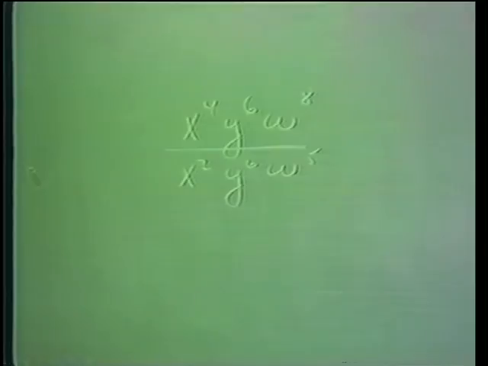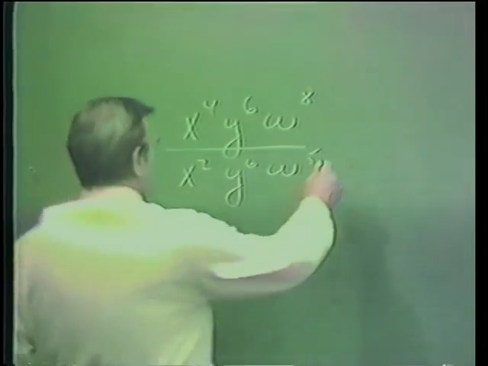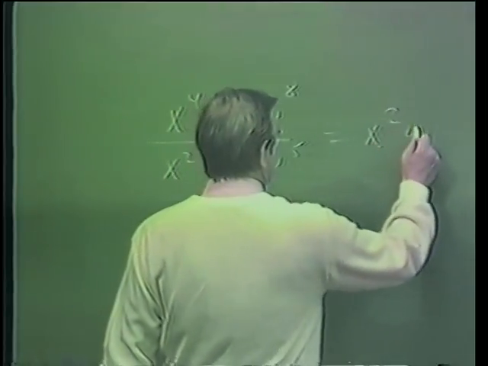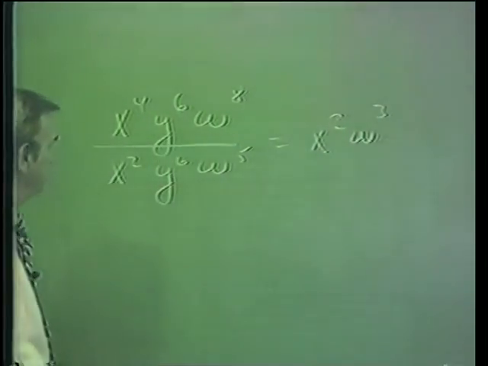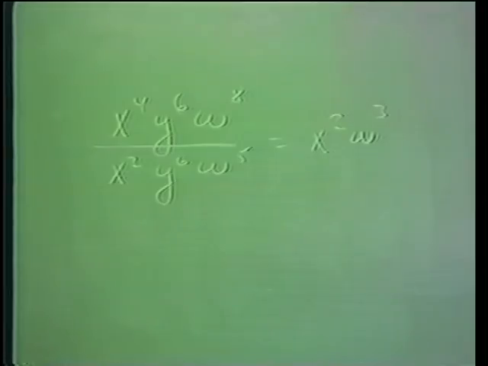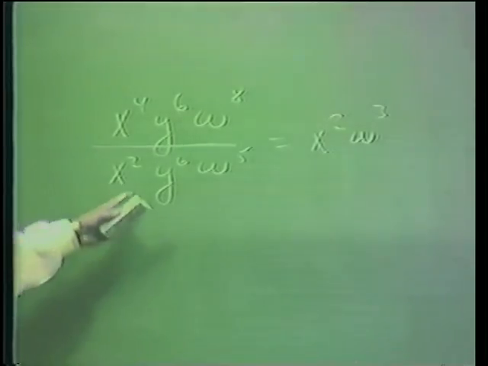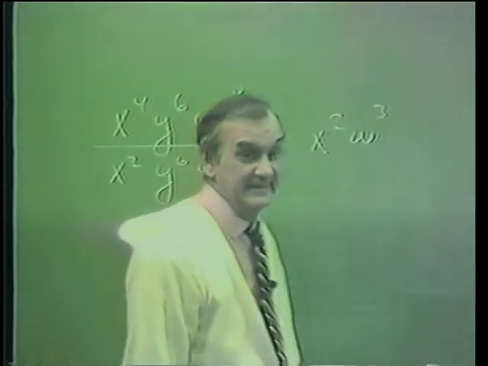Good, Kathy. X to the second, W to the third. She says x to the second, w to the third. She doesn't have a y in her answer. Why not? Oh, because it cancels. Yeah, y to the sixth over y to the sixth. We said that anything divided